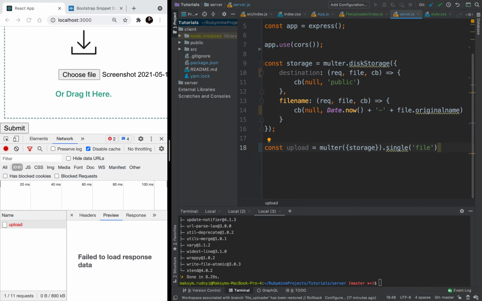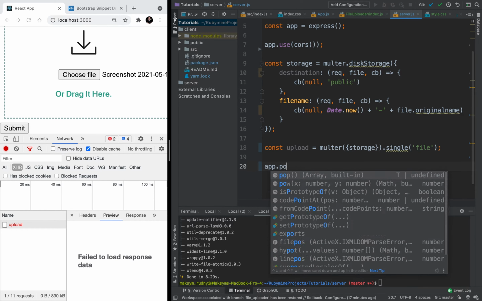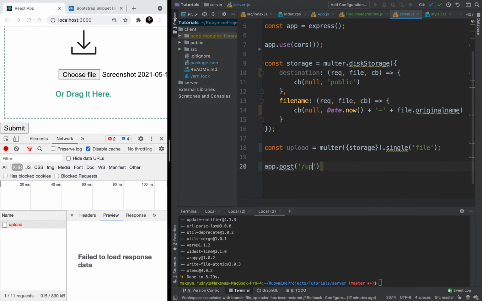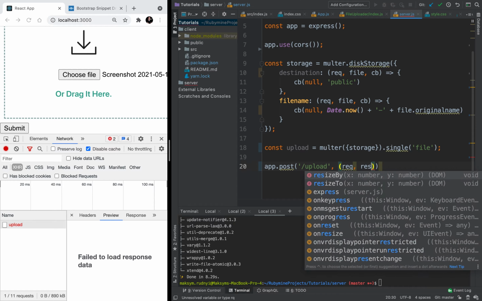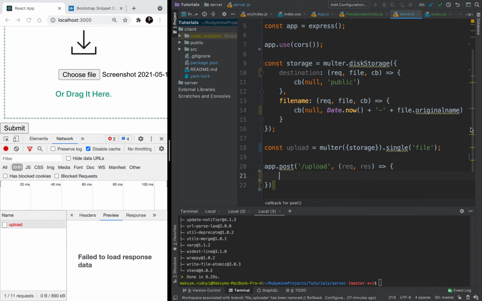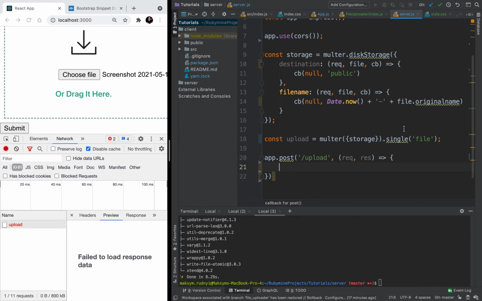And what we need, the last part is the easiest. We need to create endpoint to save this data. So app post upload, request response, it's arrow function, we have upload,